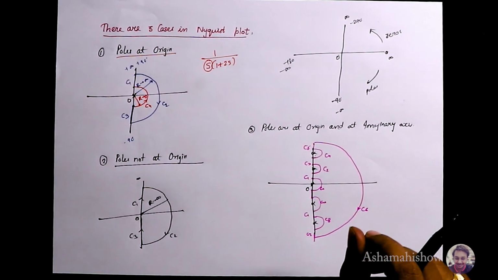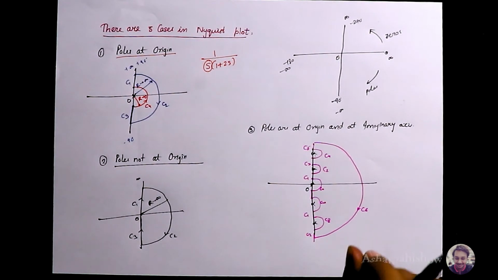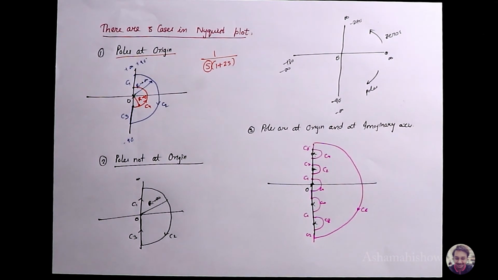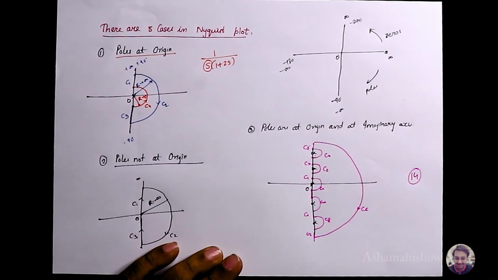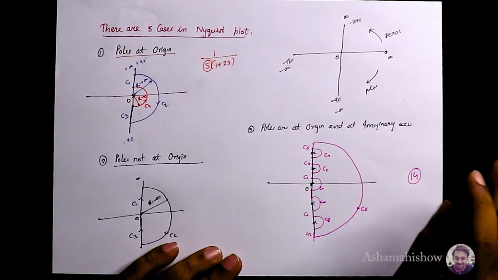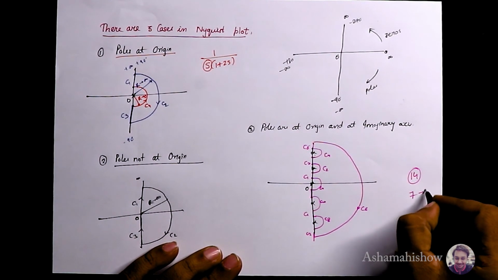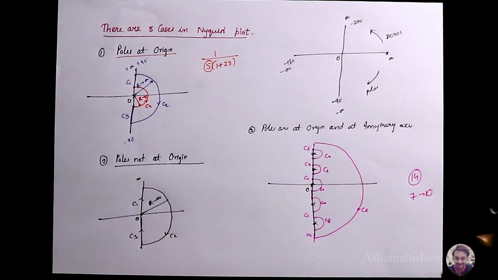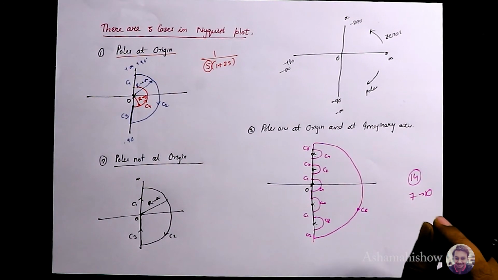In my next video, you will be seeing a problem on Nyquist plot. It is a big problem. You have to see the video from start to end to definitely know. In your BTech examination, it can carry 14 marks definitely. Or they may give a small transfer function and it carries 8 to 10 marks also. For the remaining 4 marks they can go for a Bode plot or a theoretical question also. But Nyquist plot is bigger and it is very easy.